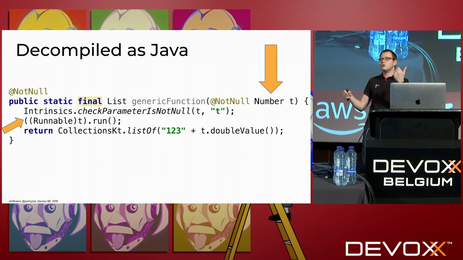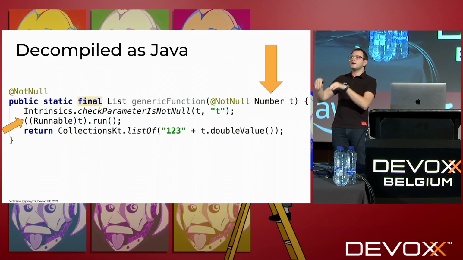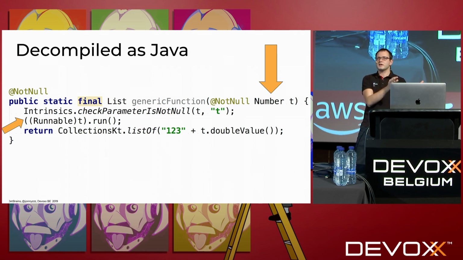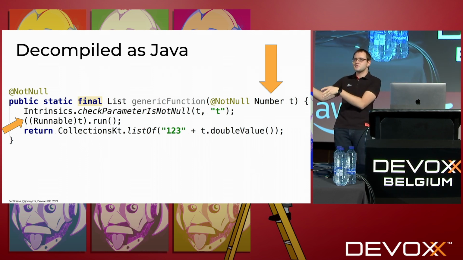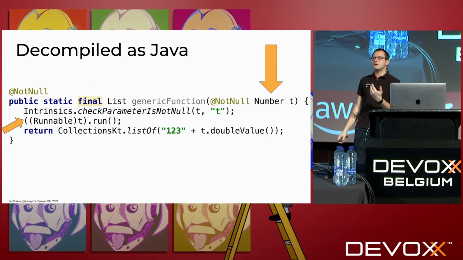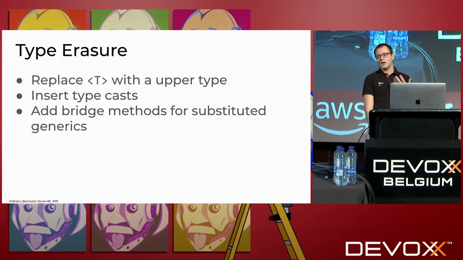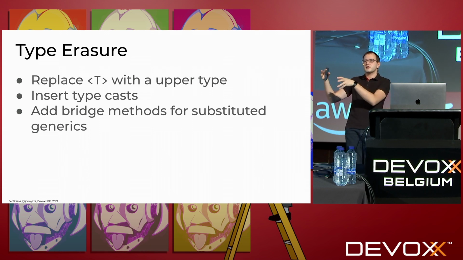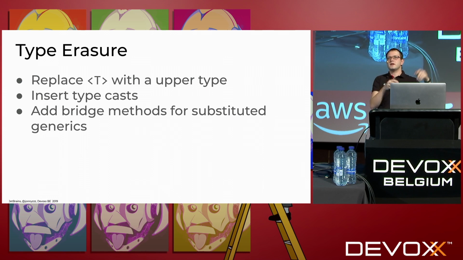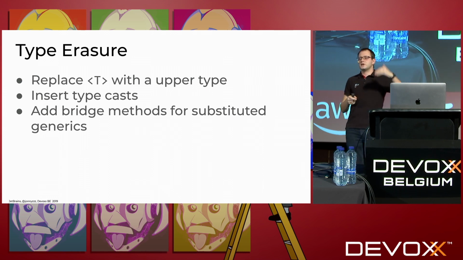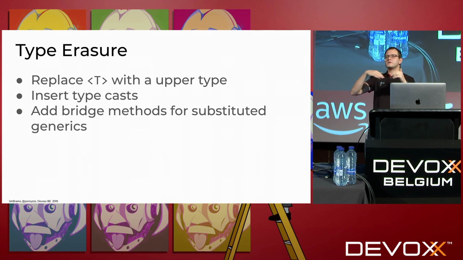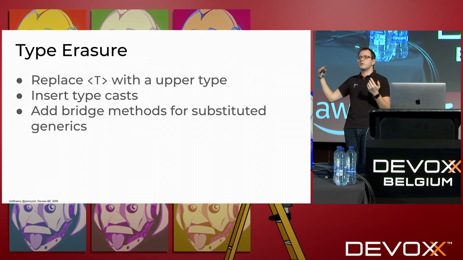The compiler, both Kotlin and Java, uses casts inside where necessary to follow the intents we have, because they can prove that everything is right. Sometimes the compiler is even able to generate bridge methods for you, to make sure that this generic thing looks as you expect from one side, and has the base methods as it should have because of its upper bound. So every type parameter is replaced with the upper bound, which is Object in most cases, or something you specify, like in my case, Number.